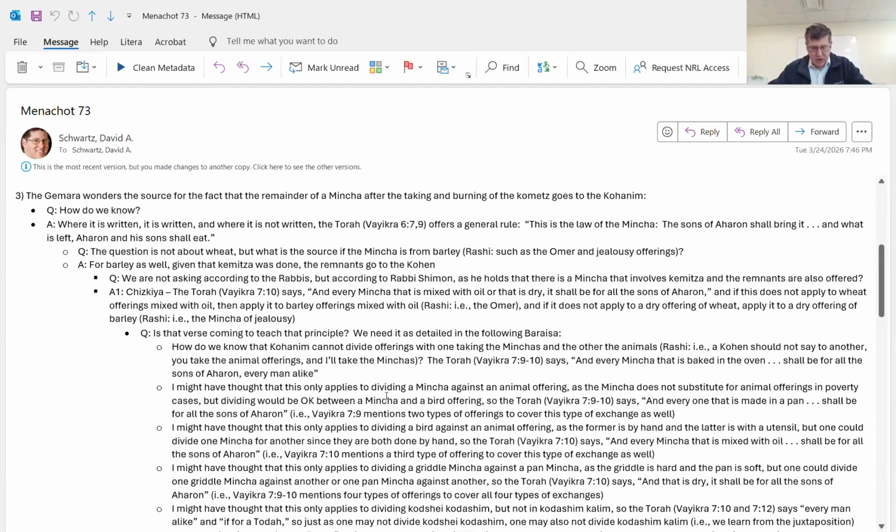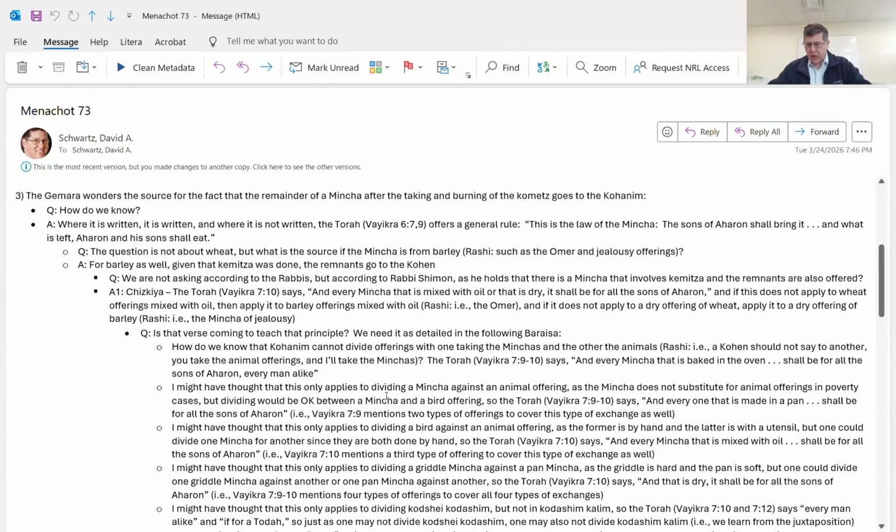So we turn to Ayin Gimel Amud Aleph, Talmud Lomar, V'chol mincha asher te'afeh, and the pasuk actually doesn't have the letter hey in it, so we take out the hey. Kol mincha asher te'afeh batanur, every mincha that is baked in the oven, and that's what it says in verse Vayikra Perek Zayin Pasuk Tet, and then the pasuk continues in Pasuk Yud. It says, L'kol b'nei Aaron tiyeh ish kachiv. It'll be for all the sons of Aaron, every man alike. So Yachol lo yachlaku